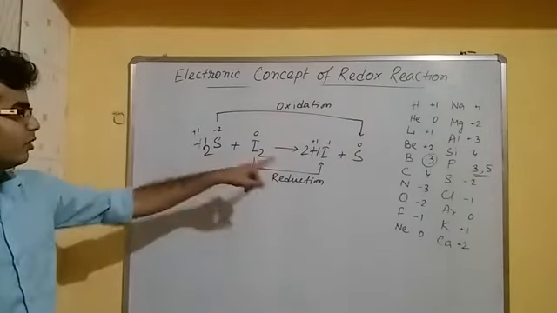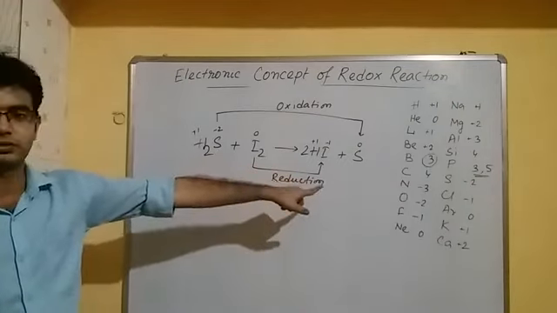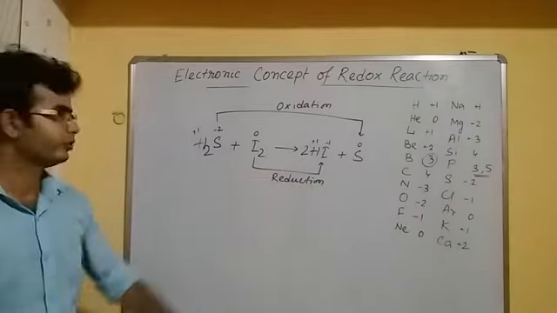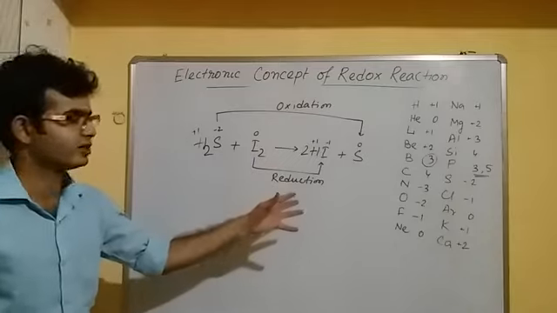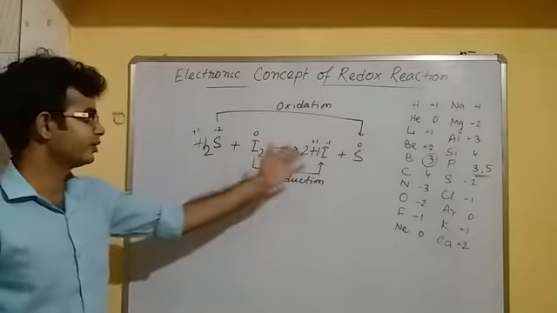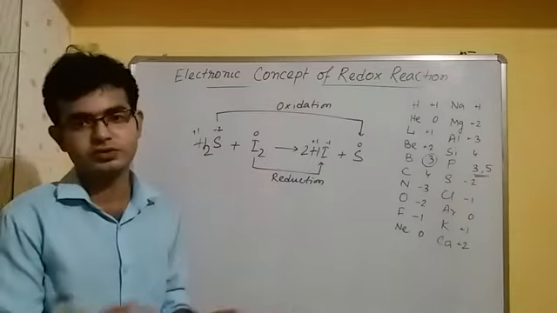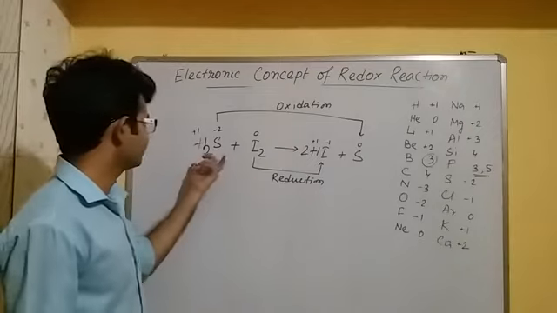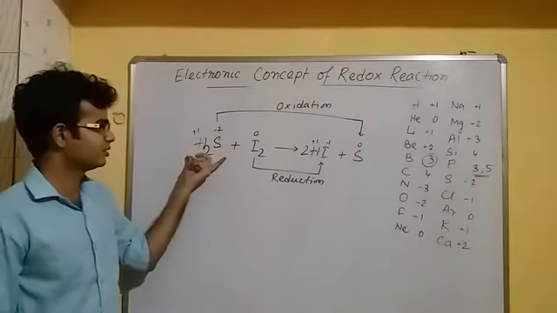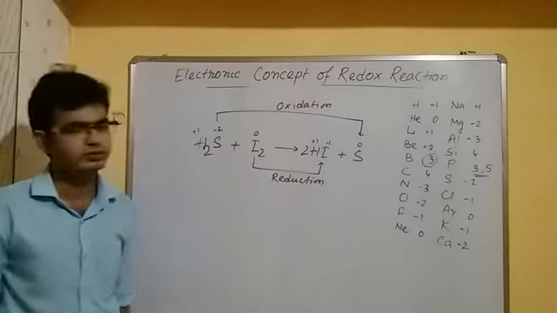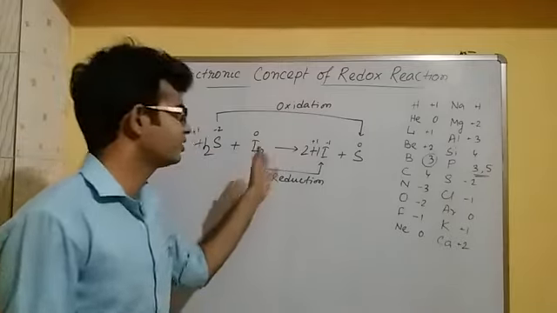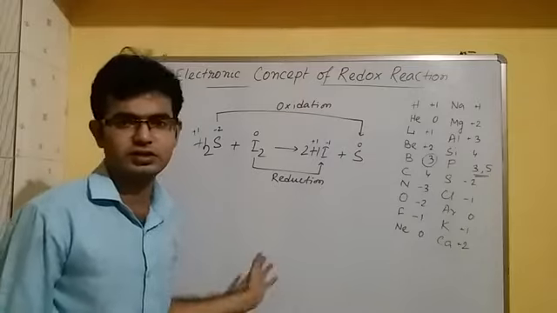Look at this. No oxygen atom is there, means no transfer of oxygen. So we cannot explain the oxidation or reduction reaction on the basis of oxygen transfer. So in this case, you can identify the oxidation reduction reaction by using the electronic concept easily. You can also identify the oxidation reduction reaction on the basis of the hydrogen transfer in this reaction, but it is quite easy to identify it by using the electronic concept.